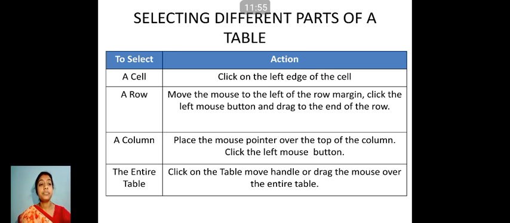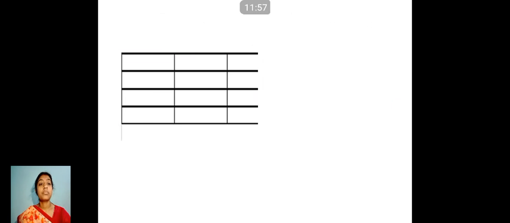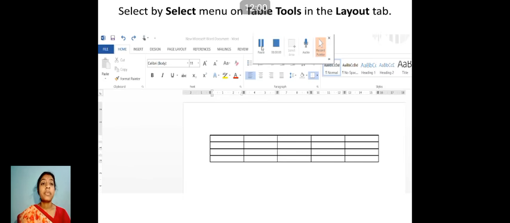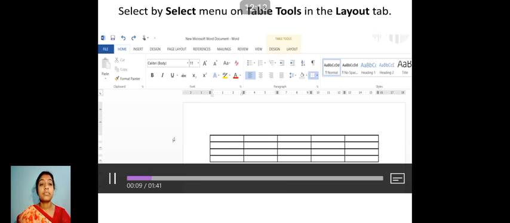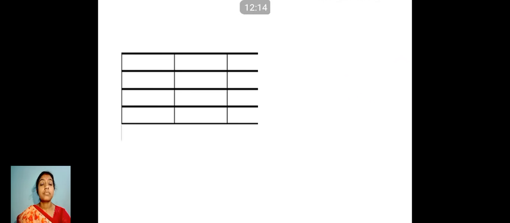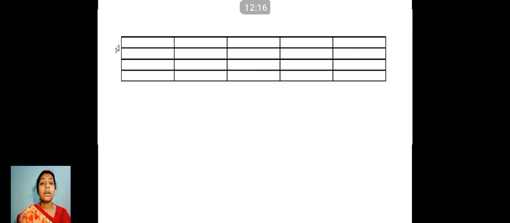Now let's see. Just suppose I want to select this first cell. I have taken my mouse pointer to the left edge, you can see the arrow is changing to a dark color.